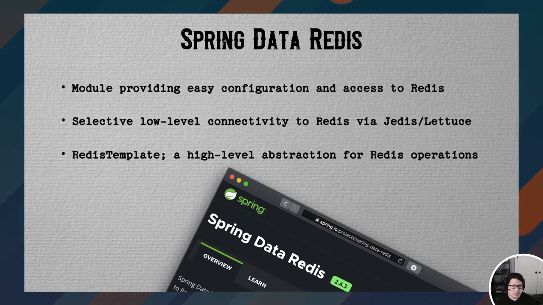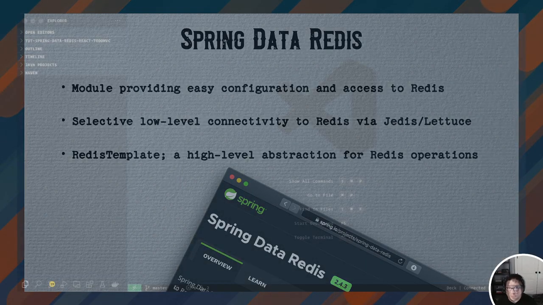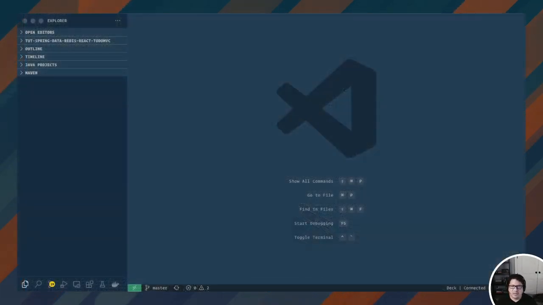You can actually use low-level connectivity if needed via Jedis or Redis. As we did previously, we are choosing Jedis for today's tutorial. And it also provides the concept of templates. A Redis template is a high-level abstraction for Redis operations. All right, so before we start fleshing out the application, let's take a look at the bones provided by the